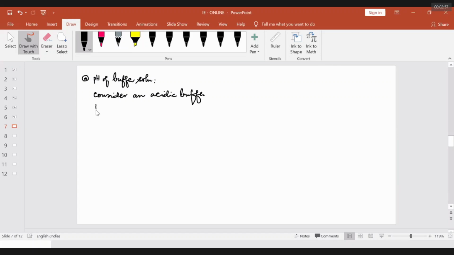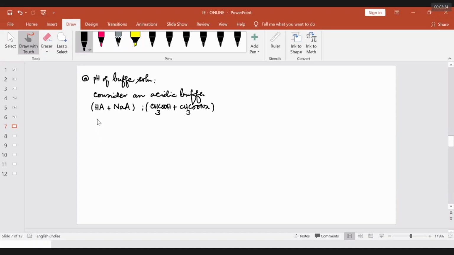What is that? Acetic acid plus its salt with a strong base, NaA. That is a weak acid and its salt with a strong base. You can write an example, or if you are unable to understand, use the general notation. Keep in mind acetic acid and its salt, CH3COONa. Now, when you want to find the pH value, your simplest idea is, sir, I want to get H plus. From that H plus, I can go for pH.